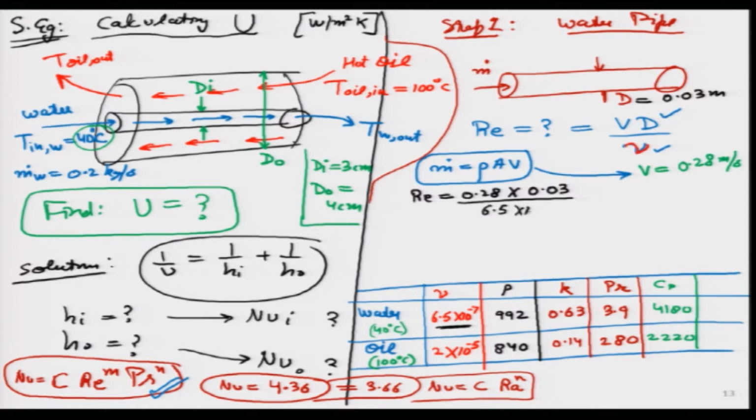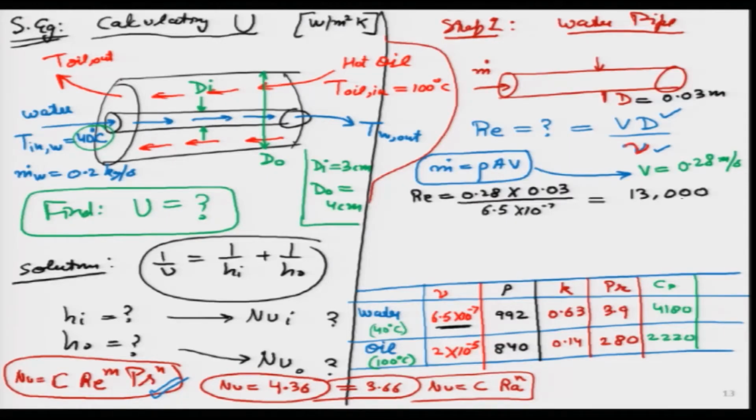It is going to be a huge number, because water is so less viscous, inertial force is very high. So, Reynolds number, you remember, is the ratio of inertial force to viscous force. Viscous force for water is very low, which means the Reynolds number turns out to be very, very high. If I do the calculations correctly, it will turn out to be about 13,000 roughly speaking, which means in a tube we can write that it is definitely turbulent, which means it is a turbulent flow regime for water.